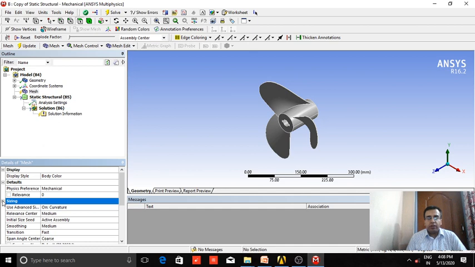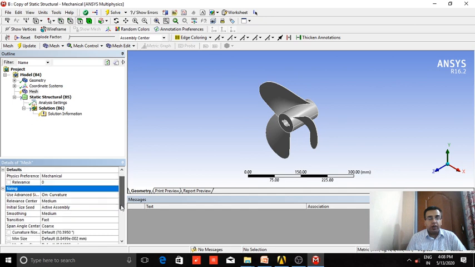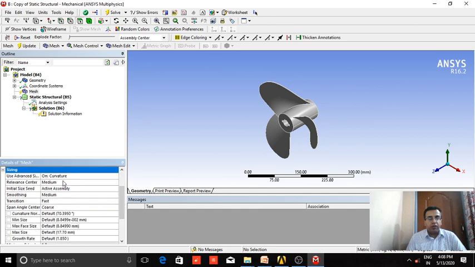So in this particular part, we can see that we have these blades, and these blades have a curvature. So let us create a mesh which takes into account the curvature of the part. Here I have selected the option on curvature, and I have selected relevance center as medium, which means it will generate not a very fine mesh and not a very coarse mesh.